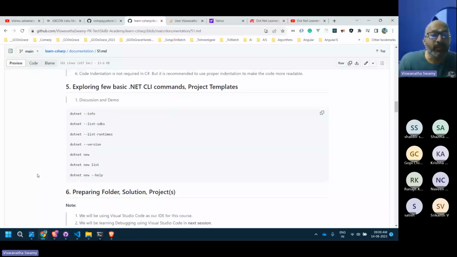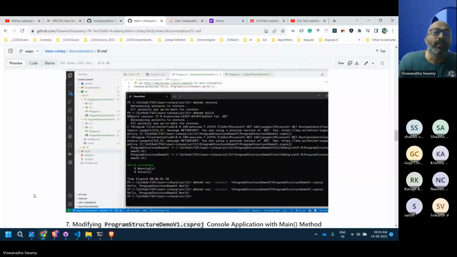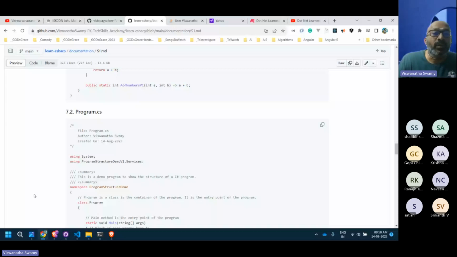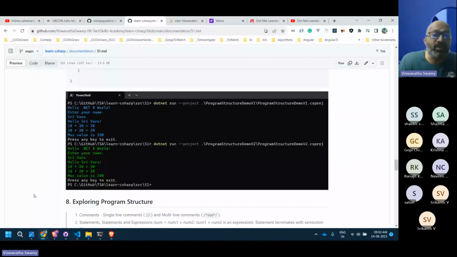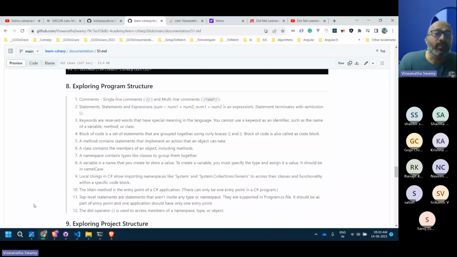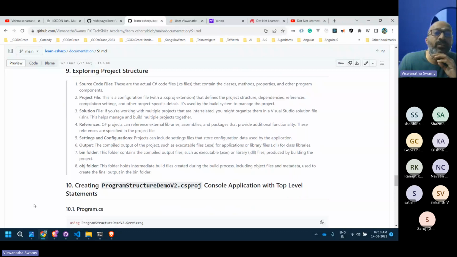And then we will be preparing the folders and solution, creating the projects, and then we'll execute that solution, and then we will modify it and execute it, and we'll discuss the program structure, what the program is made up of, and what the project structure is.